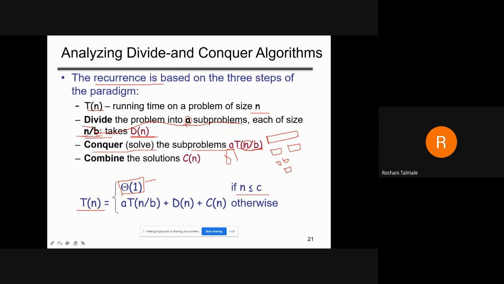So this is the time, the running time which is required for conquer, this one, alpha t of n by b. Remember, alpha is the sub array, that means this was your main array. This is the alpha. After that, in how many steps do you divide it? It is defined by t of n by b.